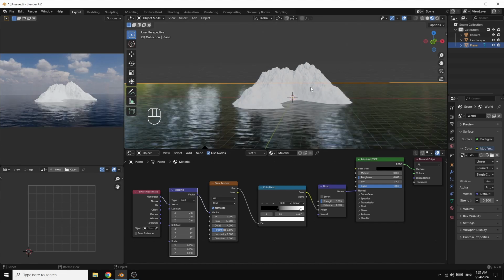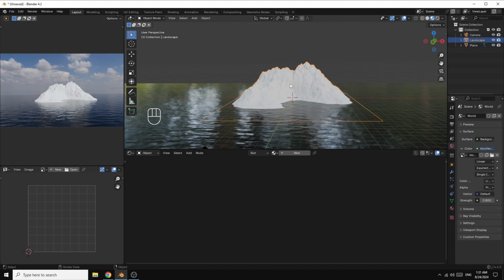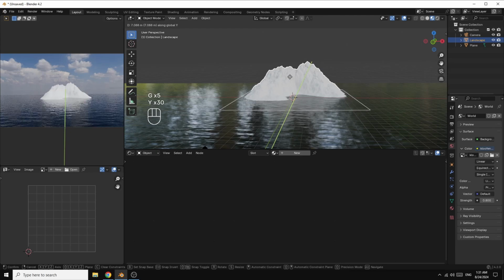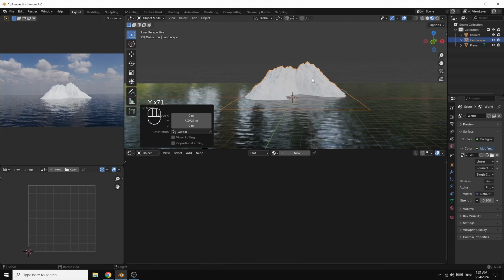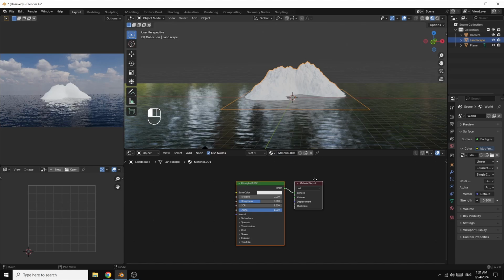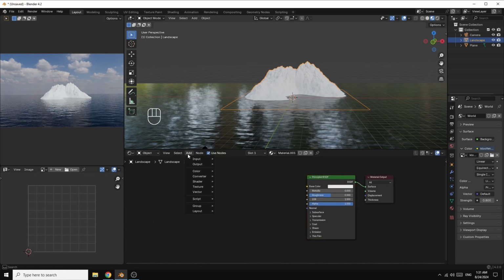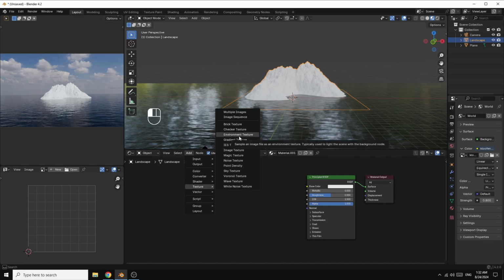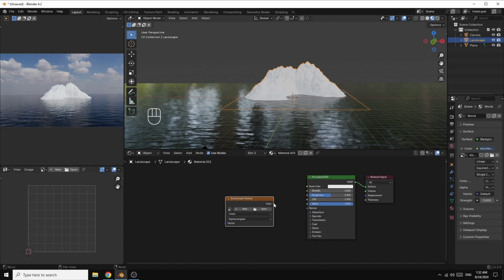Or now I select this landscape, G, Y, and make it far here. Okay, now this selected, hit new, and go here in Add. I select Texture, I select Image Texture, I connect Color to Base Color,